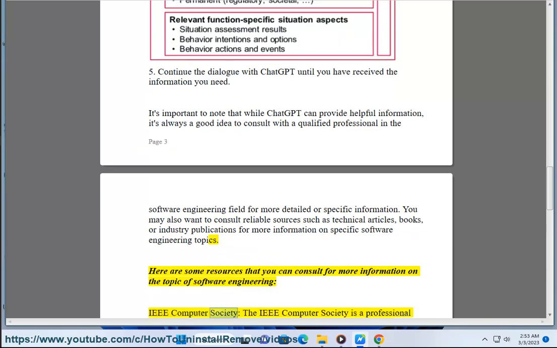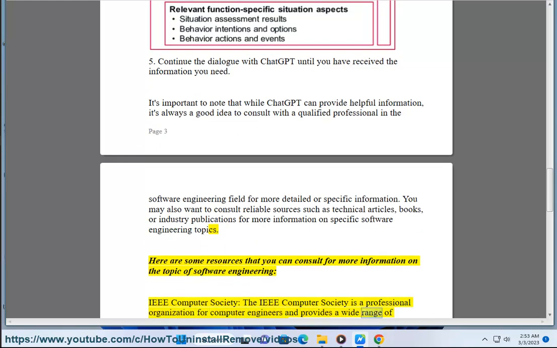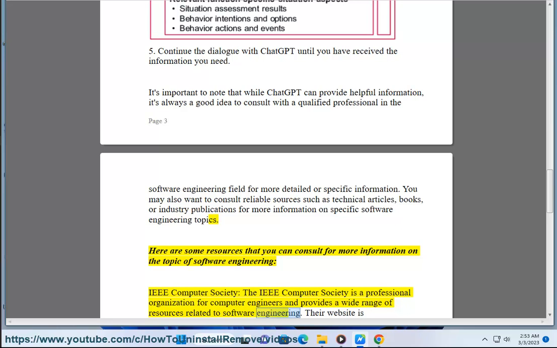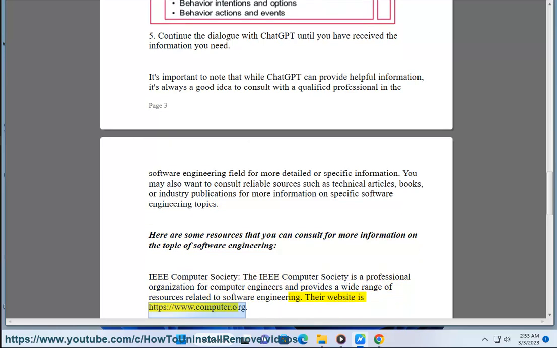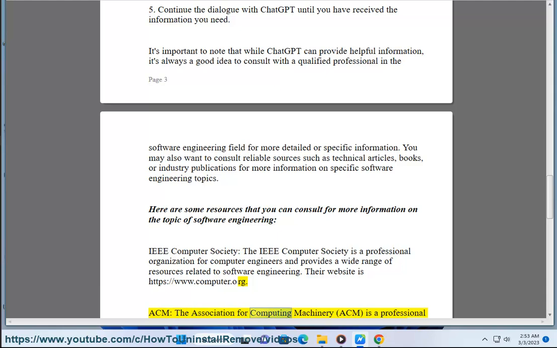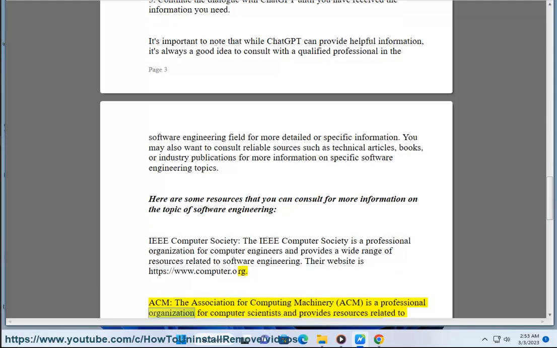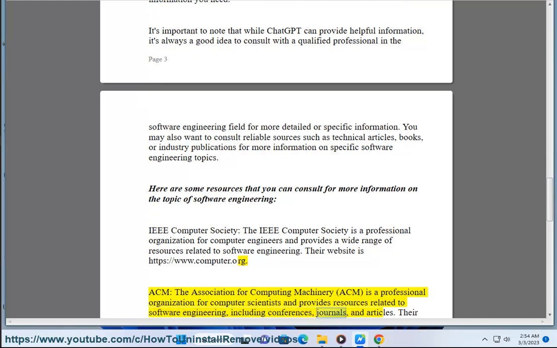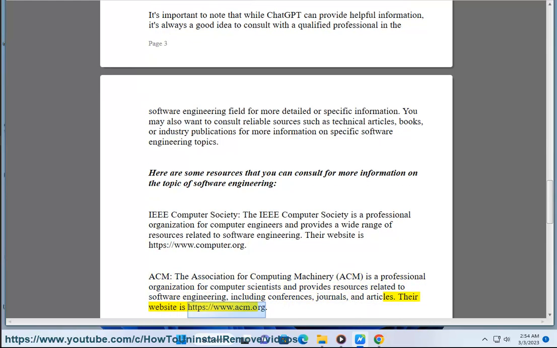engineering. IEEE Computer Society. The IEEE Computer Society is a professional organization for computer engineers and provides a wide range of resources related to software engineering. Their website is https://www.computer.org. ACM, the Association for Computing Machinery, is a professional organization for computer scientists and provides resources related to software engineering, including conferences, journals, and articles. Their website is